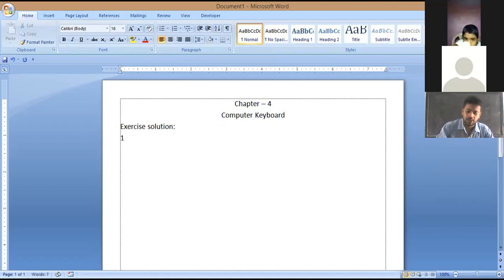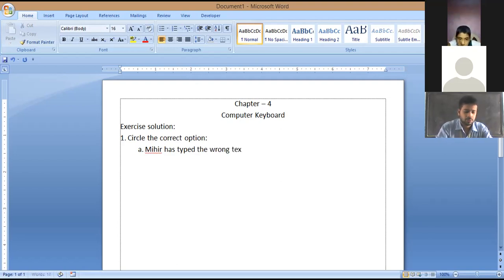Now the first question is circle the correct option. Circle the correct option. Now here we have the first question as A. Mihir has typed the wrong text by mistake.